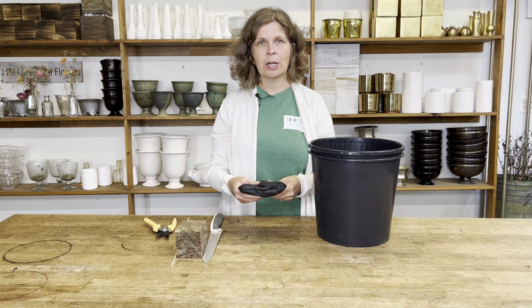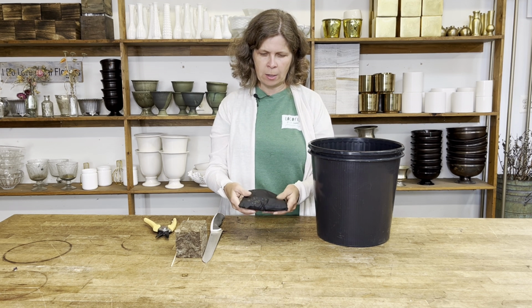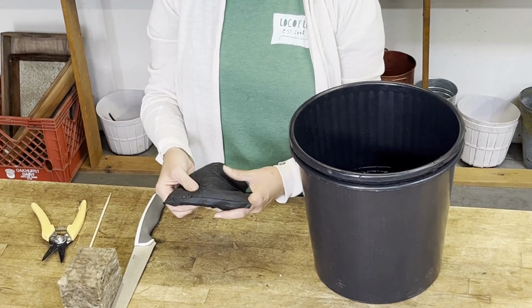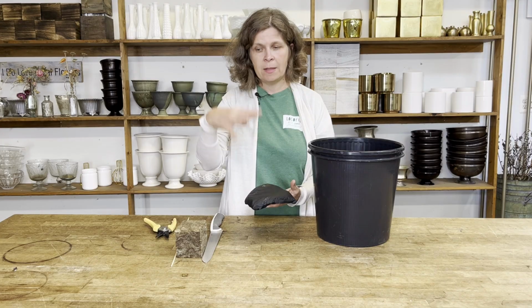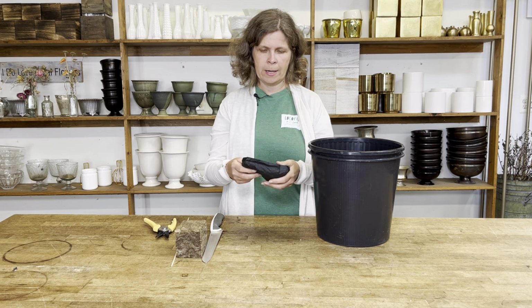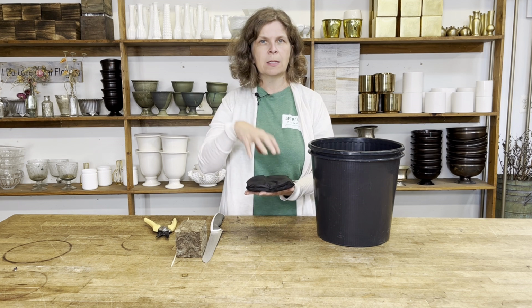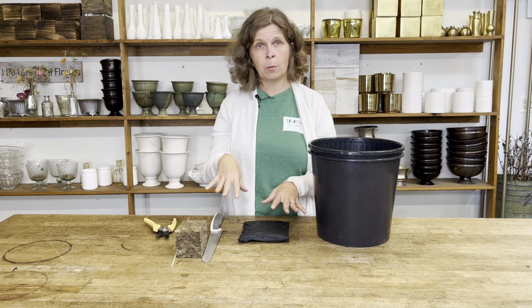Another new plant-based mechanic that's on the market is something called OshunPouch. So these OshunPouches are like little pillows full of organic material that, once placed in water, puff up, and then you can place your flower stems right in there. These come in lots of different sizes, so if you go look at my resource list, I'll give you a link to where you can buy these. They come in small, medium, large, extra large, so you can find one that fits perfectly with the arrangement